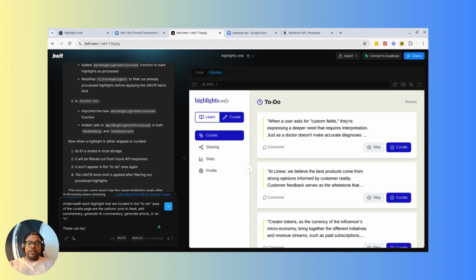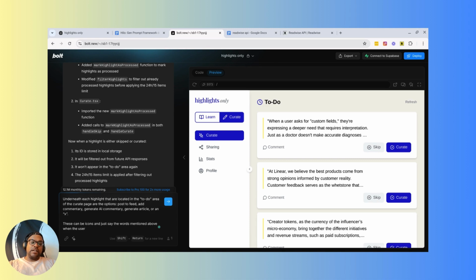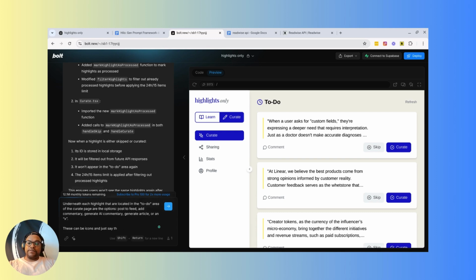These can be icons and just say the words mentioned above when the, because you can't hover when you have a thing. Okay, so I'm just gonna have a